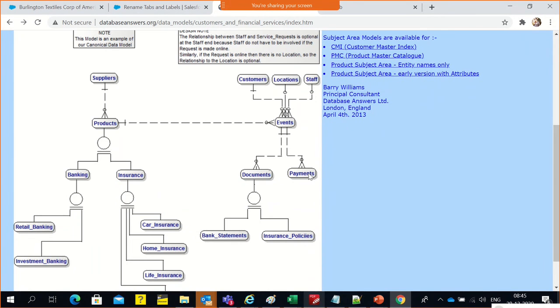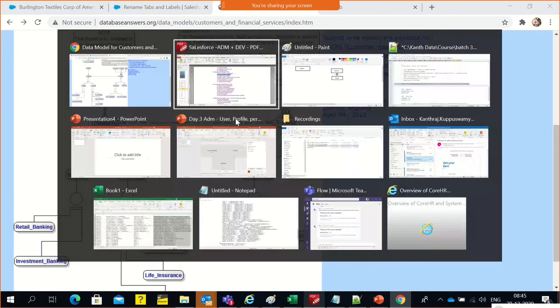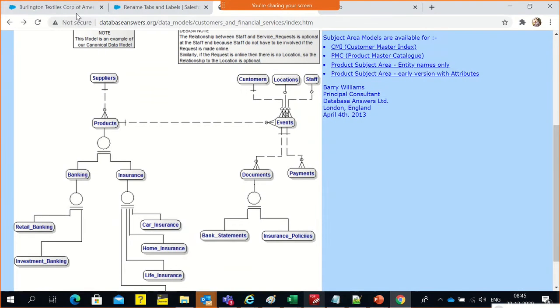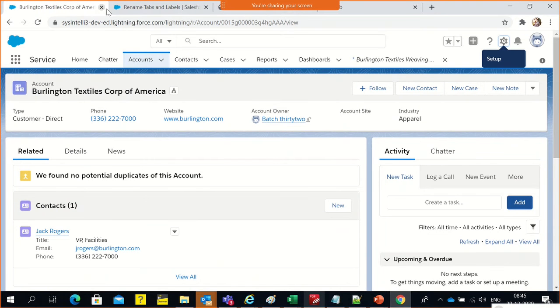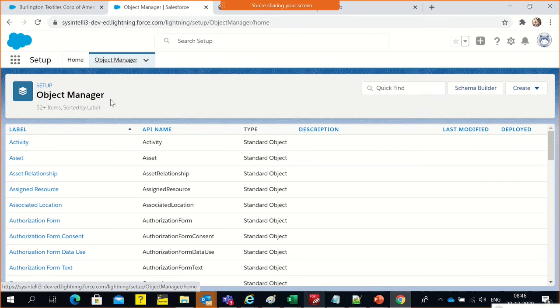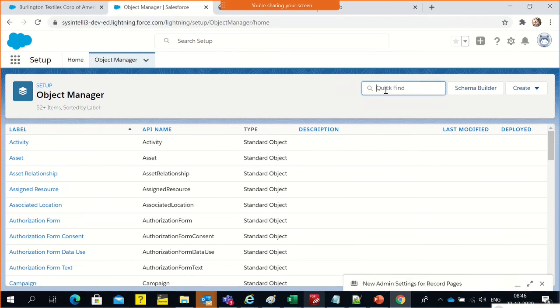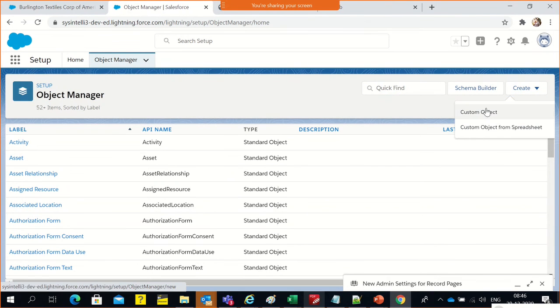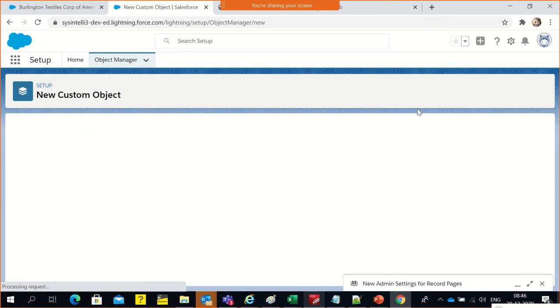So custom object in the sense, I think only payments would be required as a custom object. So we'll create a payment object and associate card details. We'll have that object here and associate it to our customers. First thing, I have renamed the customer things. Let me go to object manager and try to create a new custom object called